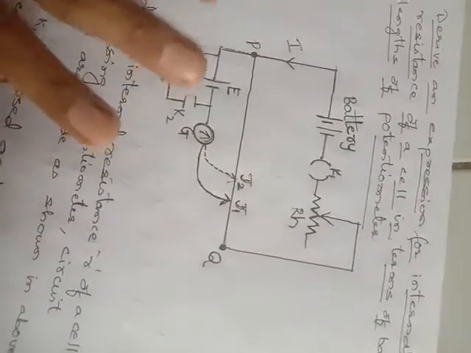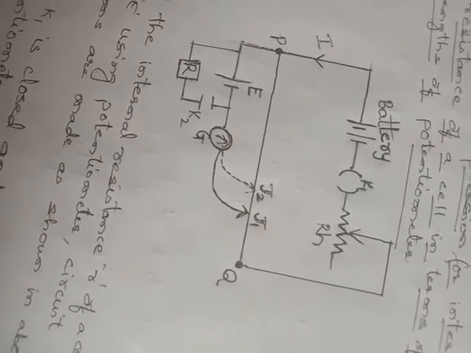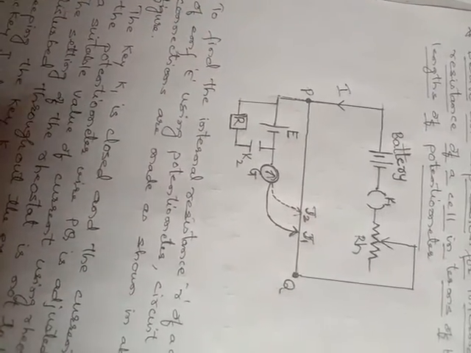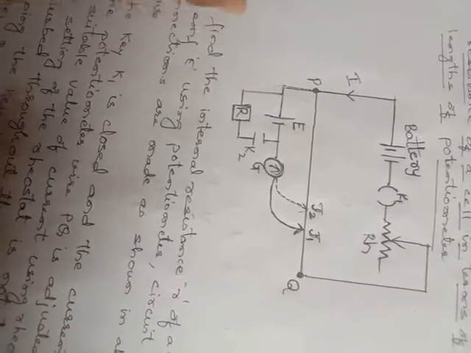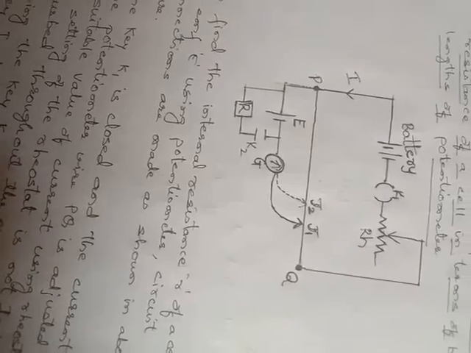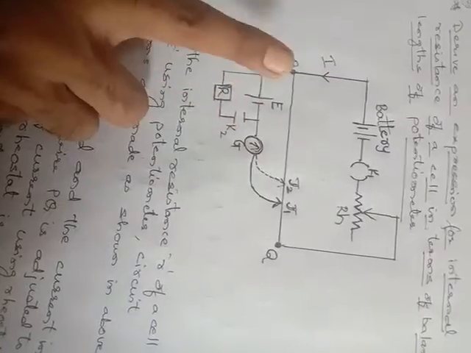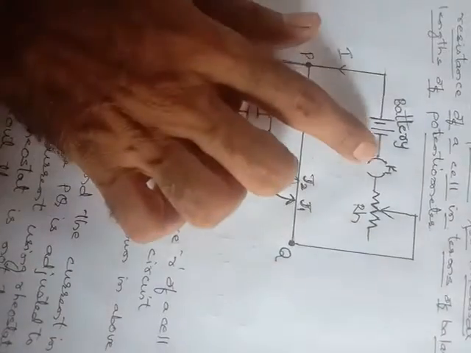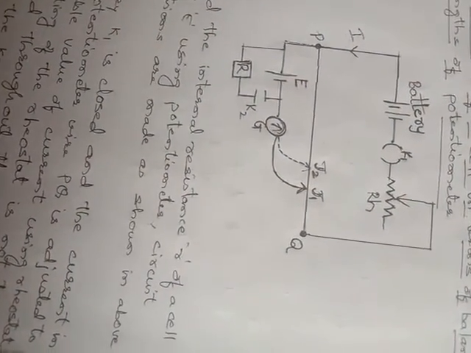So ये तो हमने क्या किया, one more thing, this derivation which we are doing, this is for finding out the internal resistance of the cell. Same practical we have to do for the physics practical. फिजिक्स के प्रैक्टिकल में हमको ये एक्सपेरिमेंट करना है टू फाइंड आउट द इंटरनल रेजिस्टेंस ऑफ द गिवन सेल. तो उस वक्त तुमको क्या किया, पोटेंशियोमीटर दिया जाएगा, एक सेल दिया जाएगा, दो प्लग की दिए जाएंगे, रेजिस्टेंस बॉक्स दिया जाएगा, गैल्वेनोमीटर, one jockey, बैटरी, रियोस्टैट will be given. The connections we have to make like this. तो इस तरह से कनेक्शन करना है.